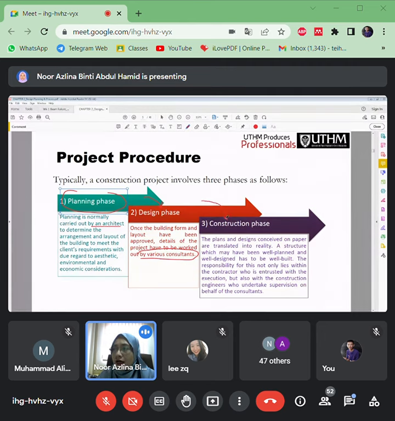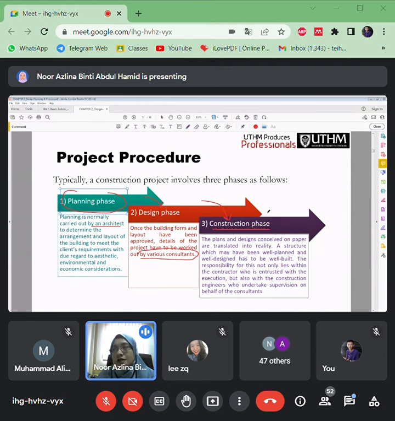So the last stage here is the construction phase. Kalau kat sini, kalau you masuk dalam design or consultant, you will be the consultant engineer lah, doing the designs, duduk kat bilik office, aircon. Sometimes you will also have to go to the sites. But if you work at construction, normally we call it a site engineer.